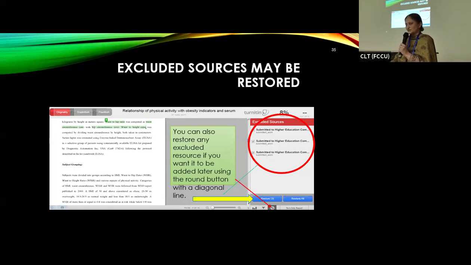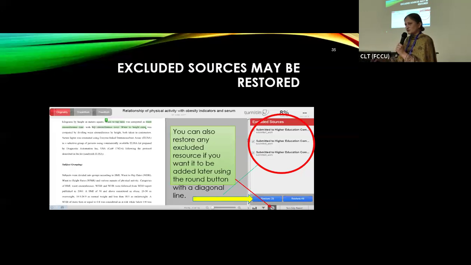These filters we are authorized to use for our students' work only. But if you are submitting it for publication, the publisher wants just your initial report. They do these filter things by themselves. So we can apply filters for our own satisfaction to check what the similarity will be if they remove certain things. But when we have to submit the report to the